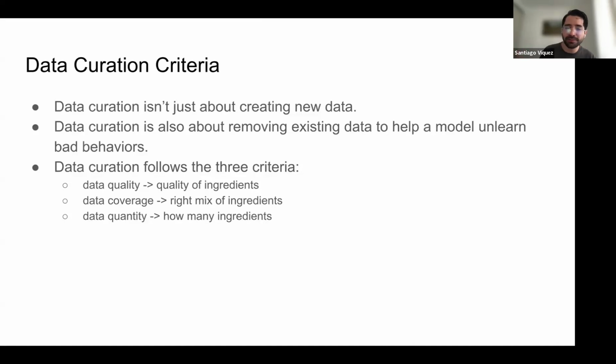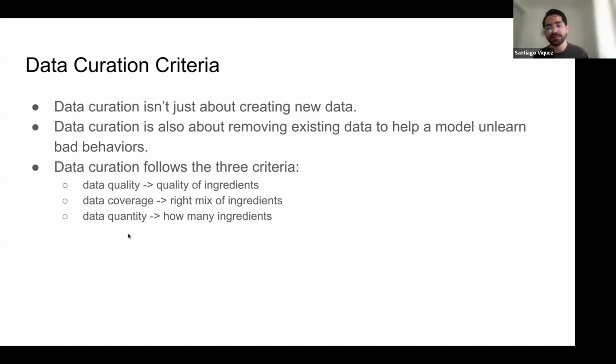If you don't have water, also, no, you could have caviar and a lot of other high quality ingredients, but at the end, if you don't have the right coverage of the ingredients that you need to make this specific pizza, your model is not going to be good, meaning your meal is not going to be good. So you need high quality ingredients, the right mix of ingredients, and then the right quantity, right?